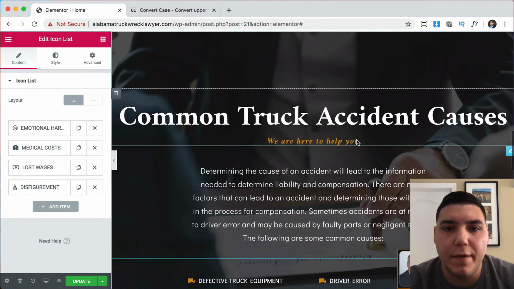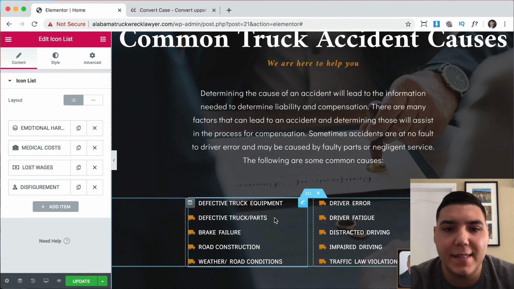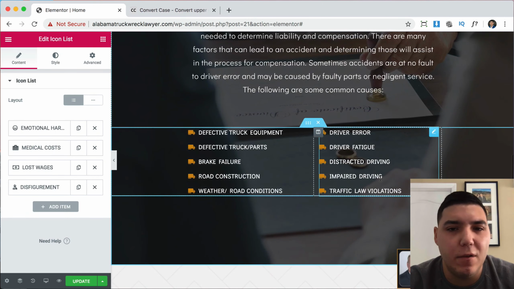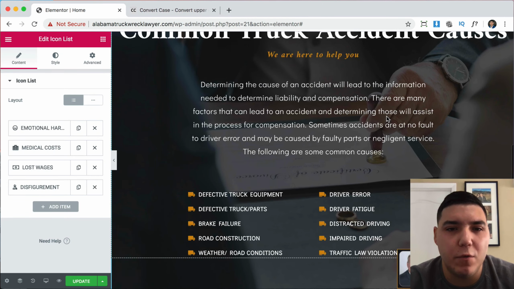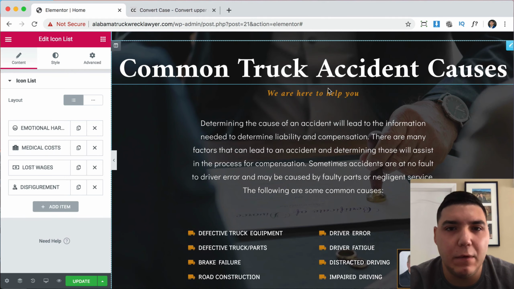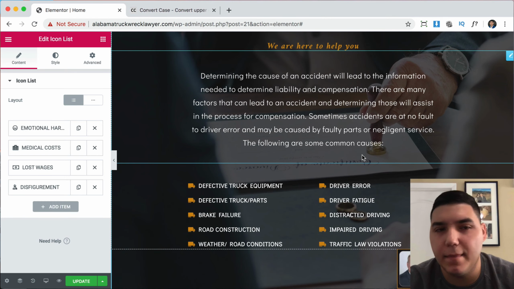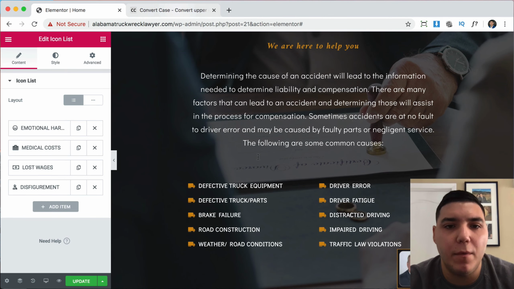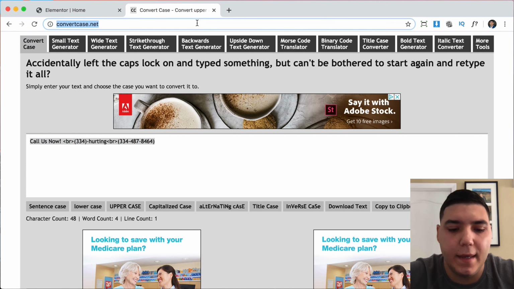Now, it would be cool to have a truck picture back here because it's like a guy stamping a certificate. I don't think that you stamp certificates when you have some kind of law claim dealing with a truck accident. Maybe you do, but I don't think so. So I want to choose an image that's more relatable. So we can go to